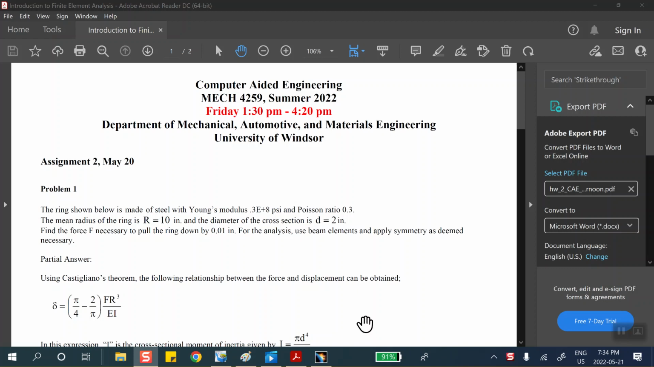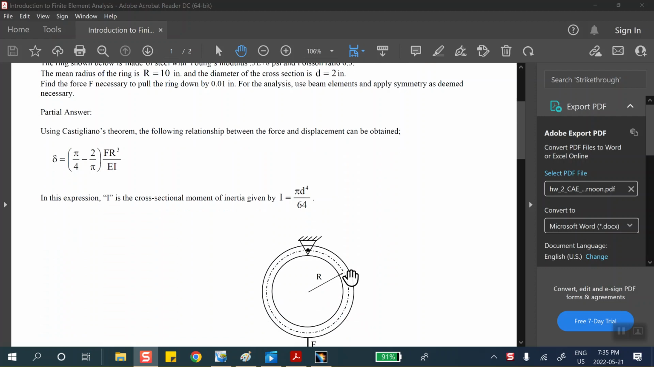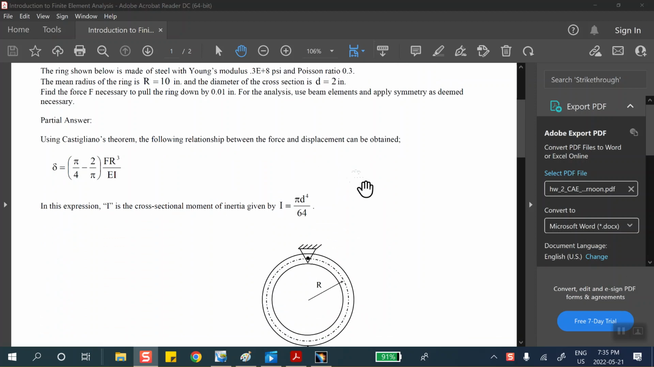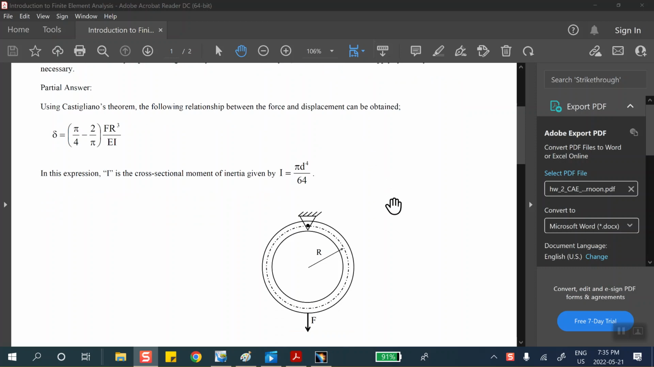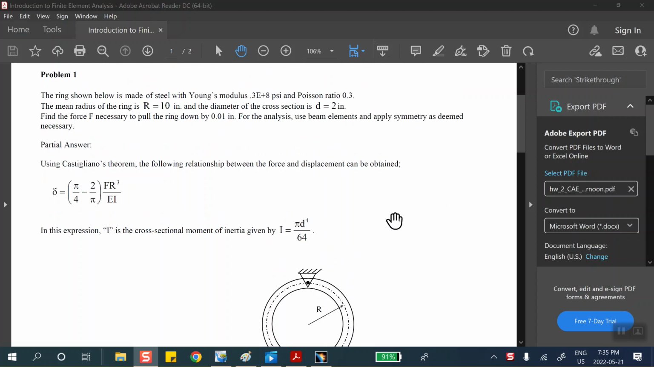Okay, so this is lab number 2 for Mechanical 4259, Computer Aided Engineering. The first of the two problems is a ring hanging from a support with a pin, and the information is given here as well as the geometry. You're told that the bottom of the ring is pulled down by the amount 0.001 inch, and you're supposed to model this, using the most appropriate elements, which